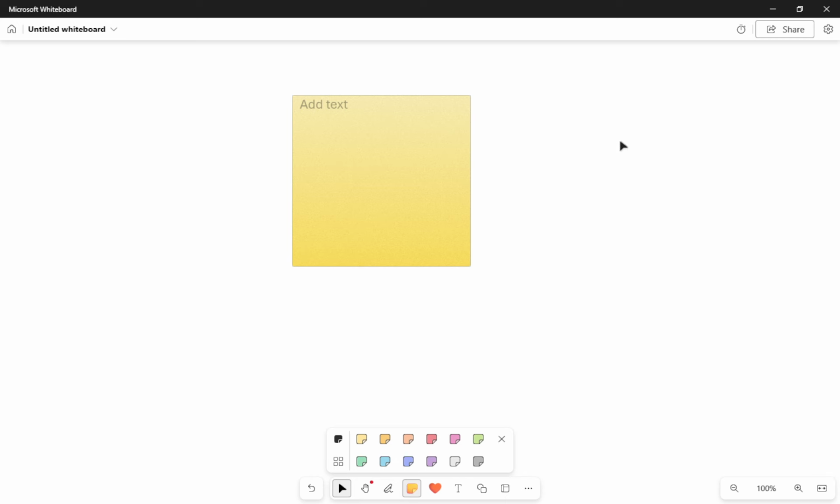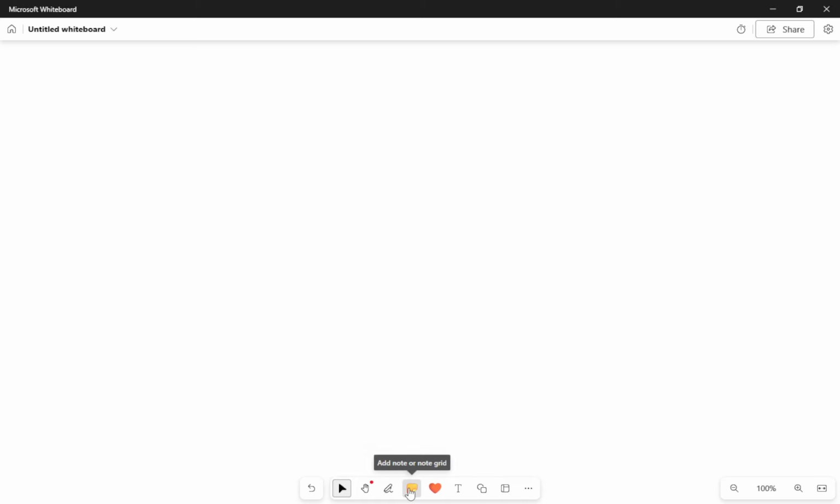Start by opening your Whiteboard and looking at the toolbar. Click the Create button, the plus icon, and choose Add note if you want a single sticky, or Add note grid if you want several at once. Pick a color that suits your category or mood, then drag the note icon onto the canvas to place it